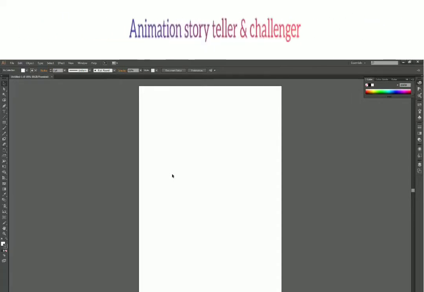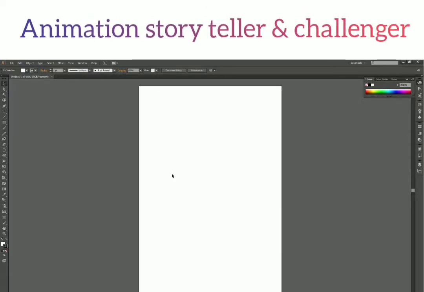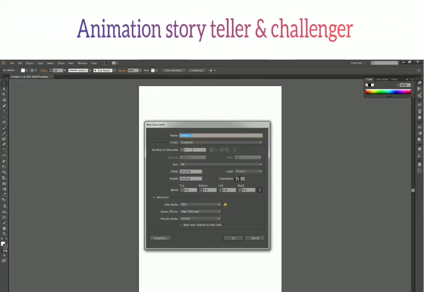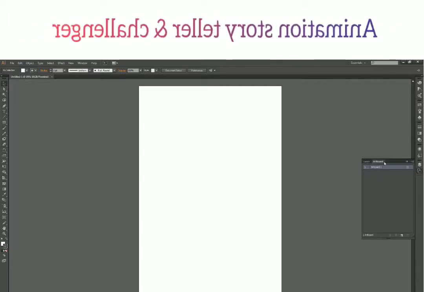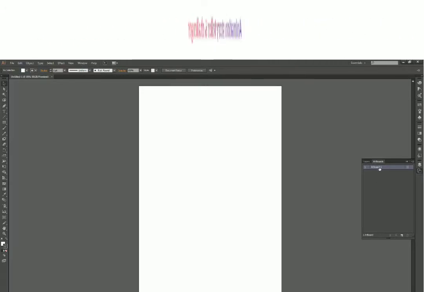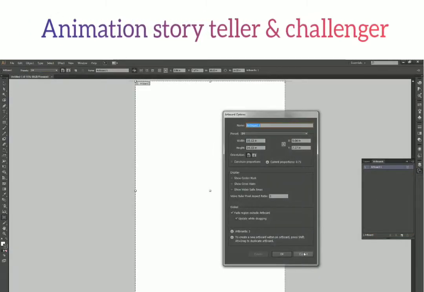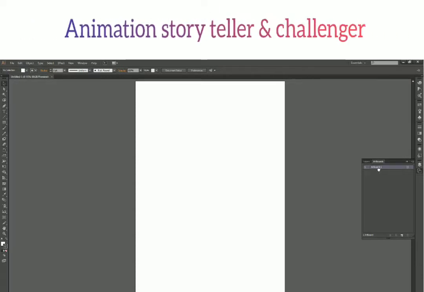Now let's see what we can do when we use the Artboard tool. So far we have seen artboard options from here. When we create a new file, I can change the number of artboards, and I can change the layout, the spacing and the number of rows and columns from here. Then we learned about this artboard panel and what options we get from it. We can rename the artboard, and we can go to artboard options from here. Then we went through all these options like delete artboard, duplicate artboard and all these things, and we learned about all these buttons, and we know that we can drag and drop.